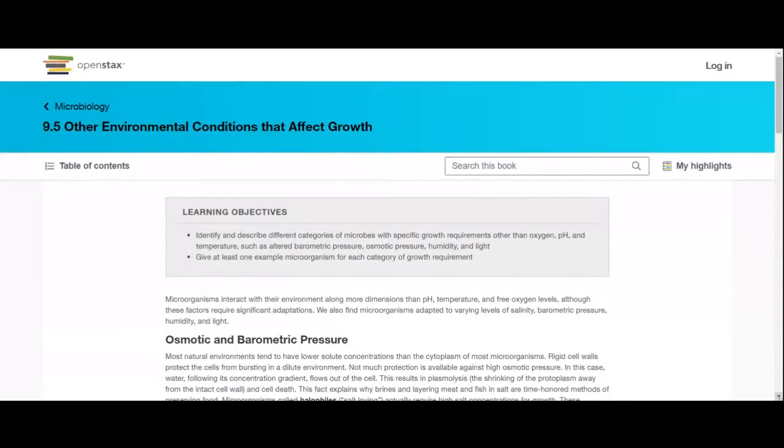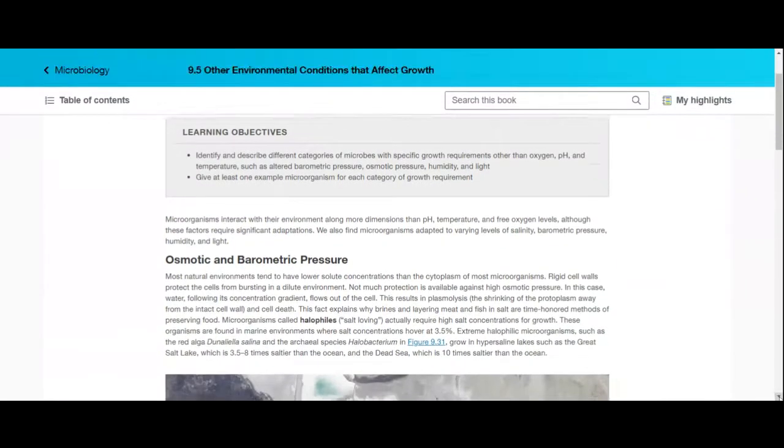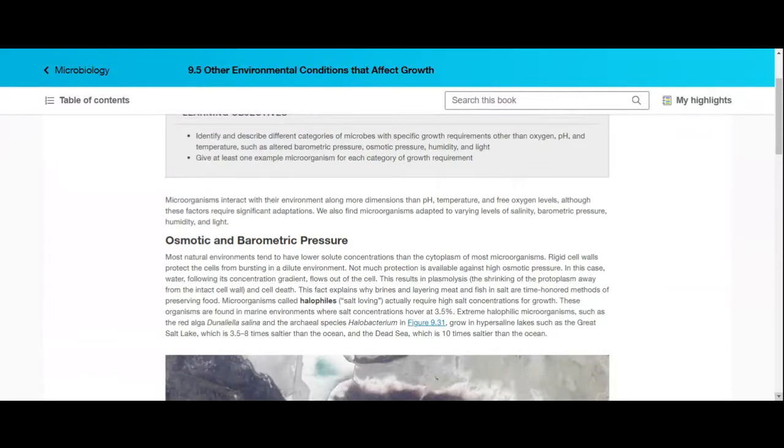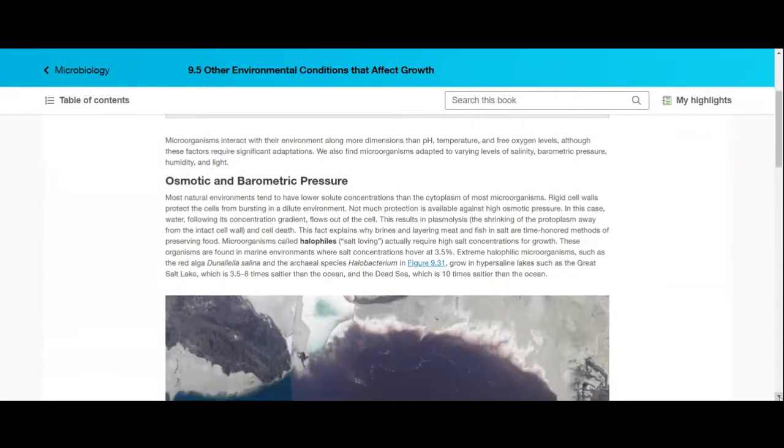Now, something else that affects growth, and again, something that we can't test in the lab, is osmotic pressure or barometric pressure. So when we refer to osmotic pressure, we're referring to the halophiles. Halo means salt, and so the halophiles are those that love salt. And it's not so much that they love salt, it's that they love the pressure that's created by a salty